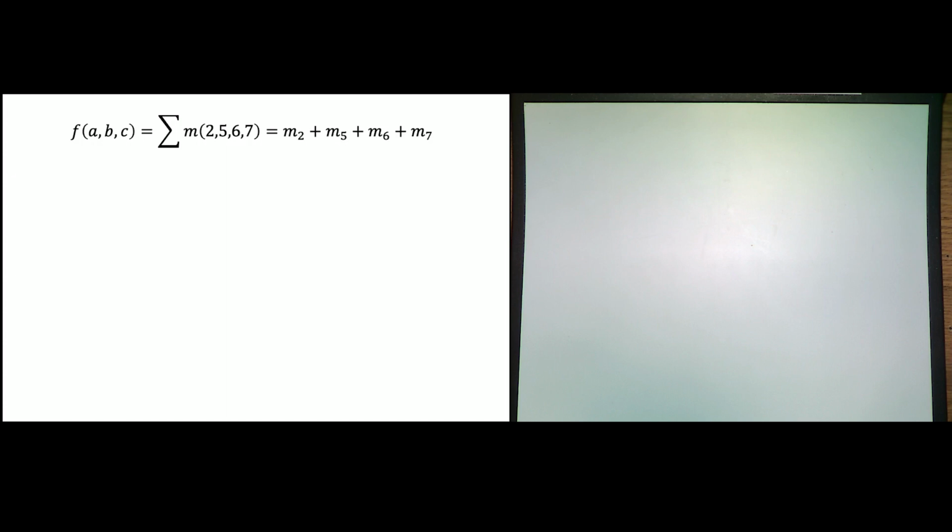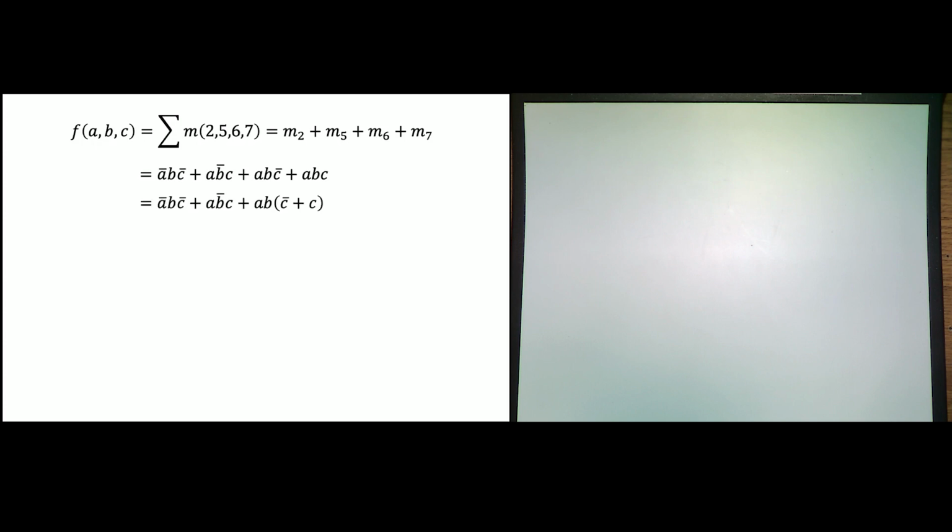Okay, so let's do an example. So this particular function happens to be the sum of minterms 2, 5, 6, and 7. Okay, and we can write it out as our canonical sum of products. Right, so M2 is 0, 1, 0, so this is A bar, B, C bar, etc. We did this last time. Okay, generally the sum of minterms is about the worst sum of products you could have. In fact, you can't really make it worse. So how many literals do I have now? 12, okay.